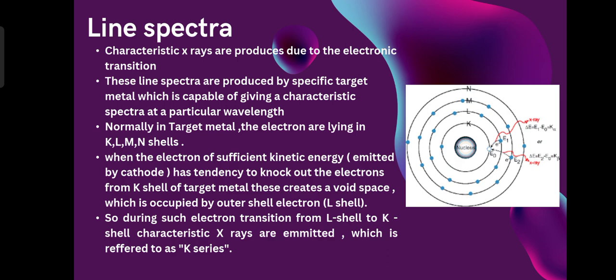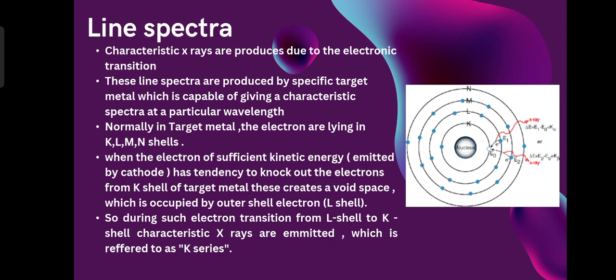So here, a similar thing happens. When the electrons are generated by the tungsten filament, they accelerate towards the target metal, that is the anode. And we know that atoms consist of various shells, K, L, M and N. We have studied in lower standards that atoms consist of 4 shells, K, L, M and N. Now, those electrons which have sufficient kinetic energy, meaning those moving with a high velocity,